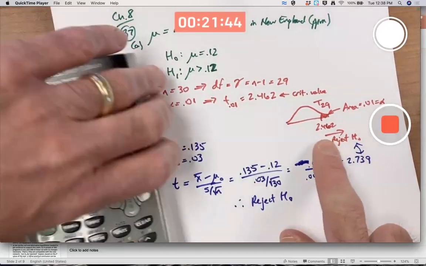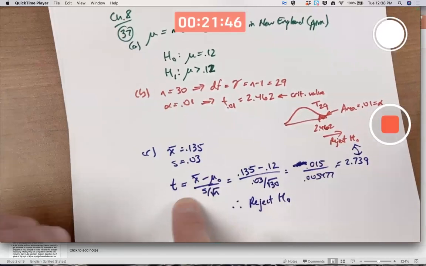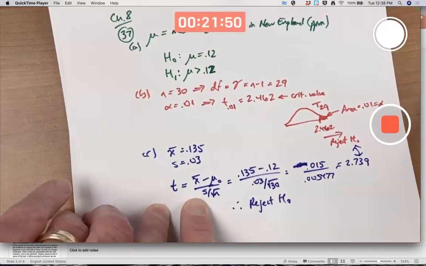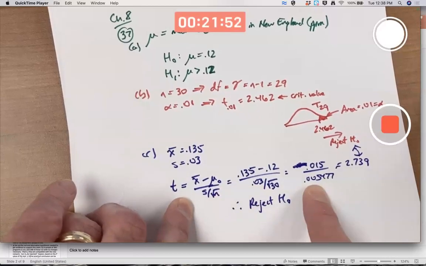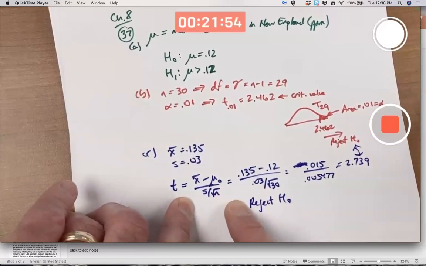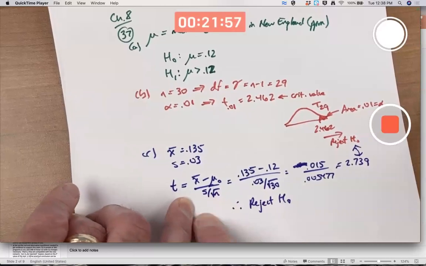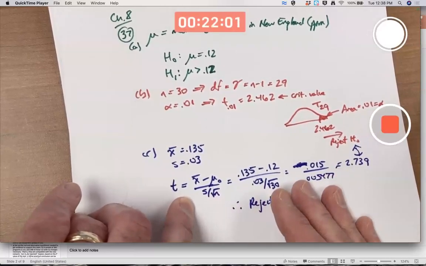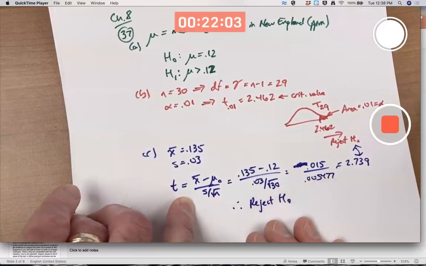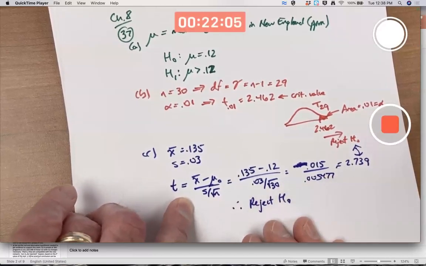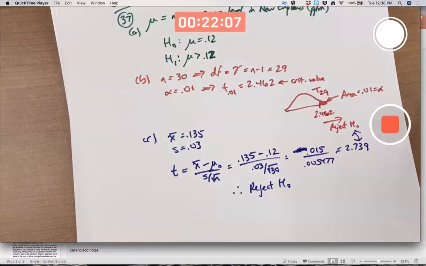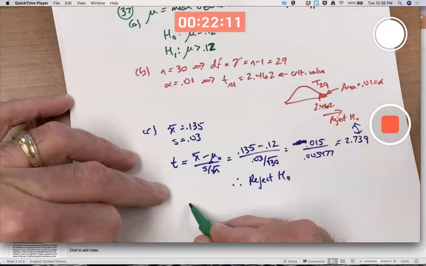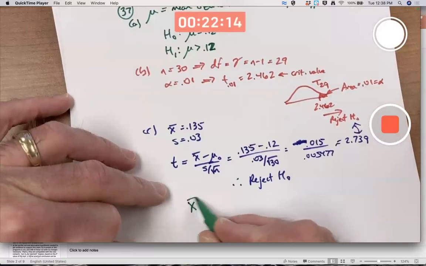I did describe the rejection region in terms of t. I could have described it in terms of x bar as well. Notice I am assuming the null is true when I do this calculation. Remember, the null is like the innocence. You give the null the benefit of the doubt. You assume it's true when you do these calculations, just like a defendant is assumed to be innocent until proven guilty. If we were going to figure out the rejection region in terms of x bar, it's essentially a matter of, well, let me use capital X bar.